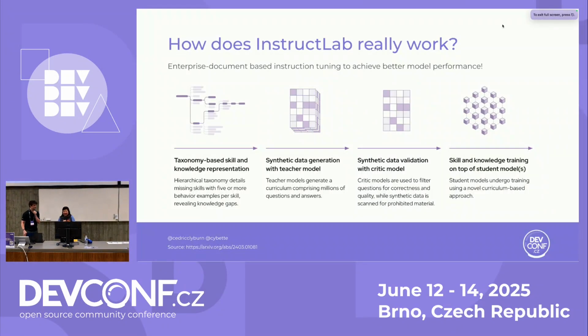Yep. And after we get this large quantity of data, we also want to make sure that it's good, quality data. As you say, garbage in, garbage out. We want to make sure that it doesn't contain too much unnecessary stuff. So we use a critic model to filter it, make sure the quality is good, and check for correctness and things like that. And then that good set of data will be used for training the model.